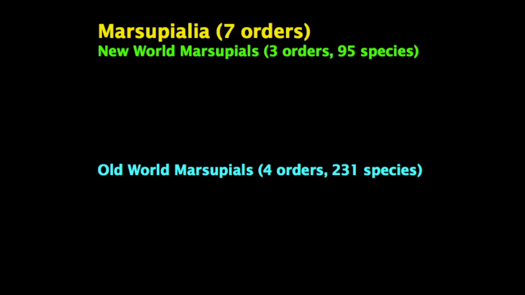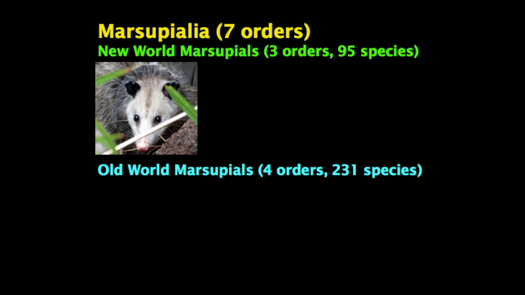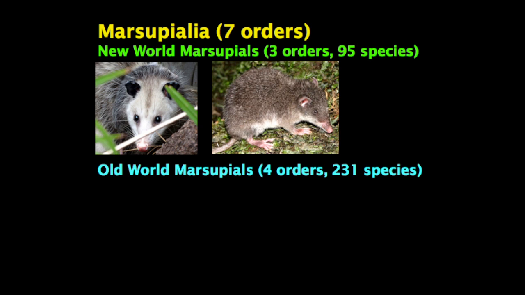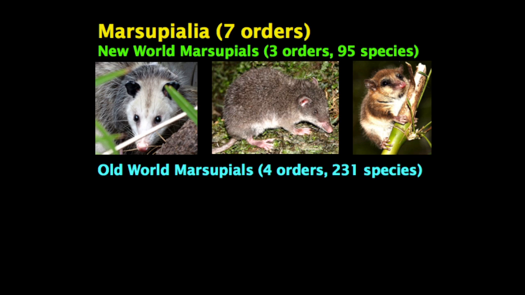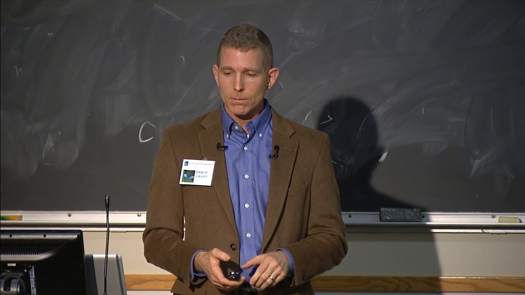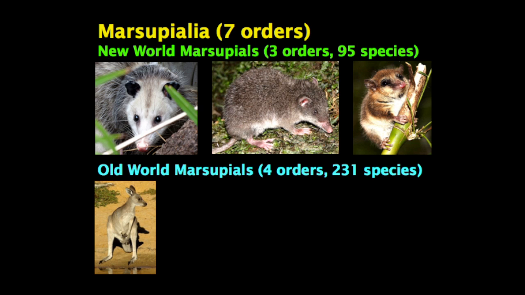Some of the New World marsupials are going to be familiar to you. They include the Virginia possum, which you can find all over Cleveland Heights, and a lot of its relatives, which you have to go to Costa Rica or Brazil to see. Half a dozen of these little things called shrew opossums, which are really neat little animals. And then finally, the cute little Monito del Monte, which is not really a little monito. It's a member of its own order that lives off the coast of Chile, or in the Valdivian rainforest of Chile.